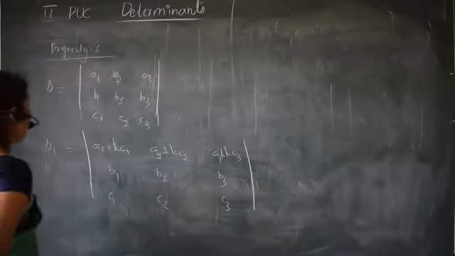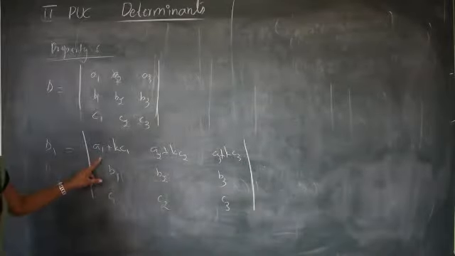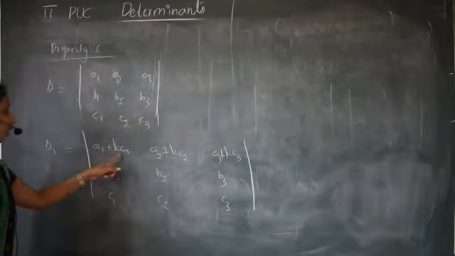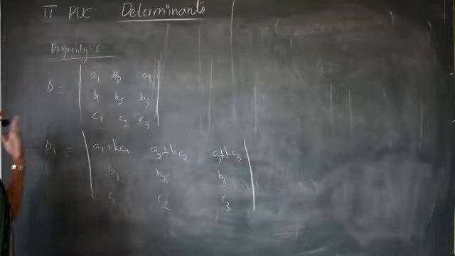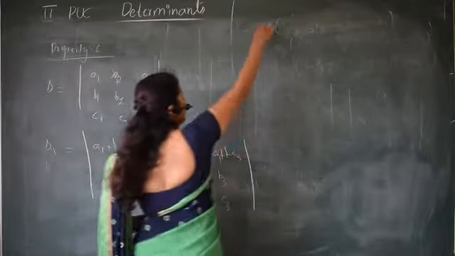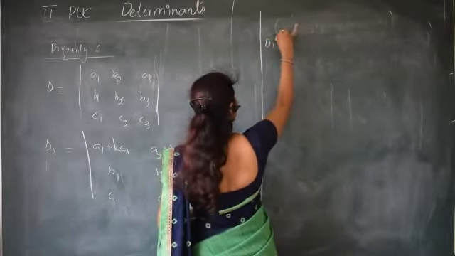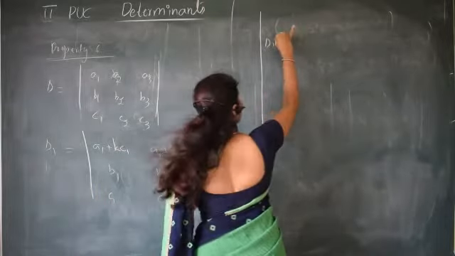Now here I can use property number 5. So I can write this as a sum of two terms, and after that I can take common terms. So why it does not change, you can see. First I'll write this delta 1 as a sum of two determinants. So the first one is